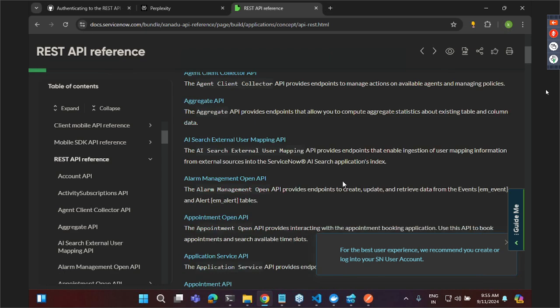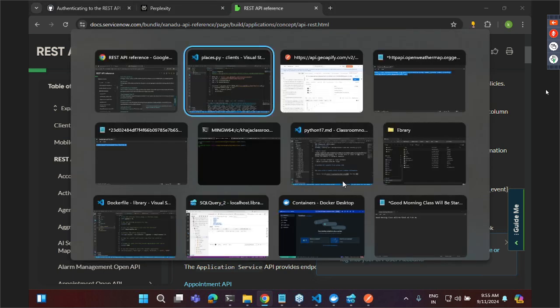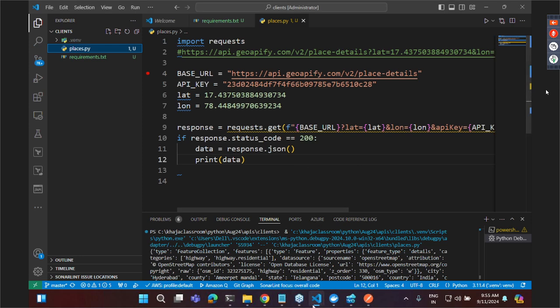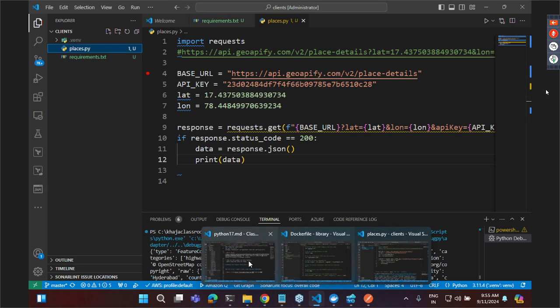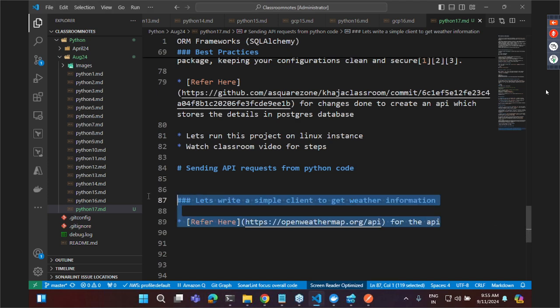Okay, I am not asking you to do anything fancy. I have shown you how to create a books API on a Linux machine, right? So this is an exercise. If you guys are unable to do it, I will try doing that for you. But what I want you to do is,